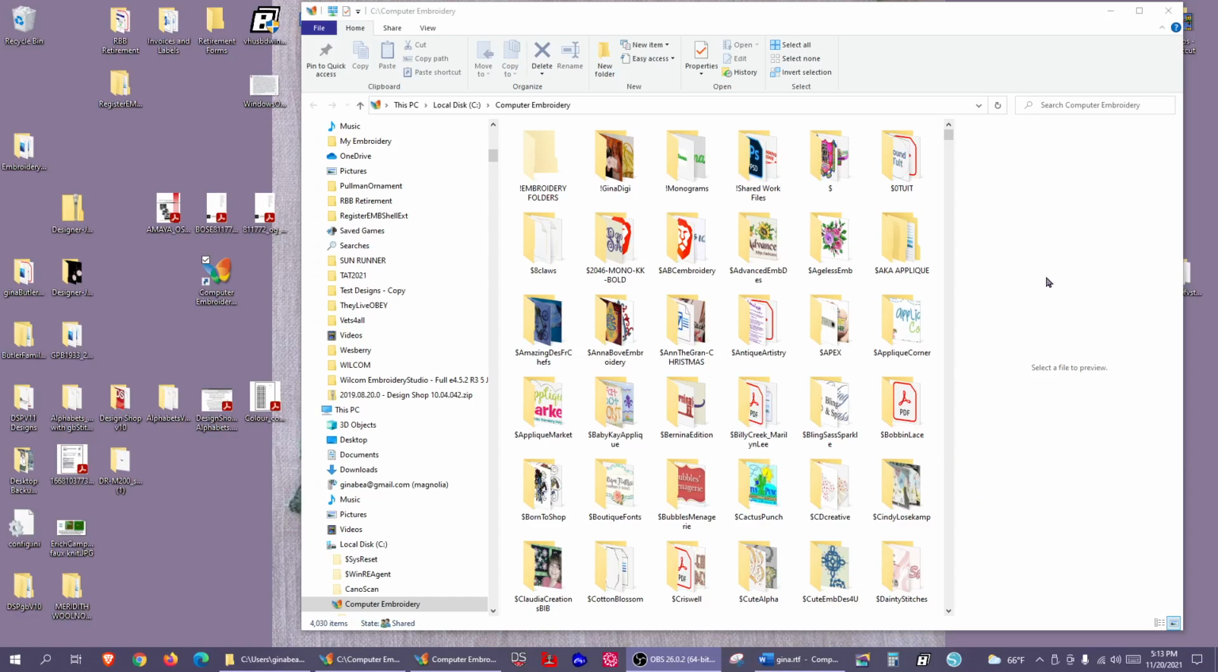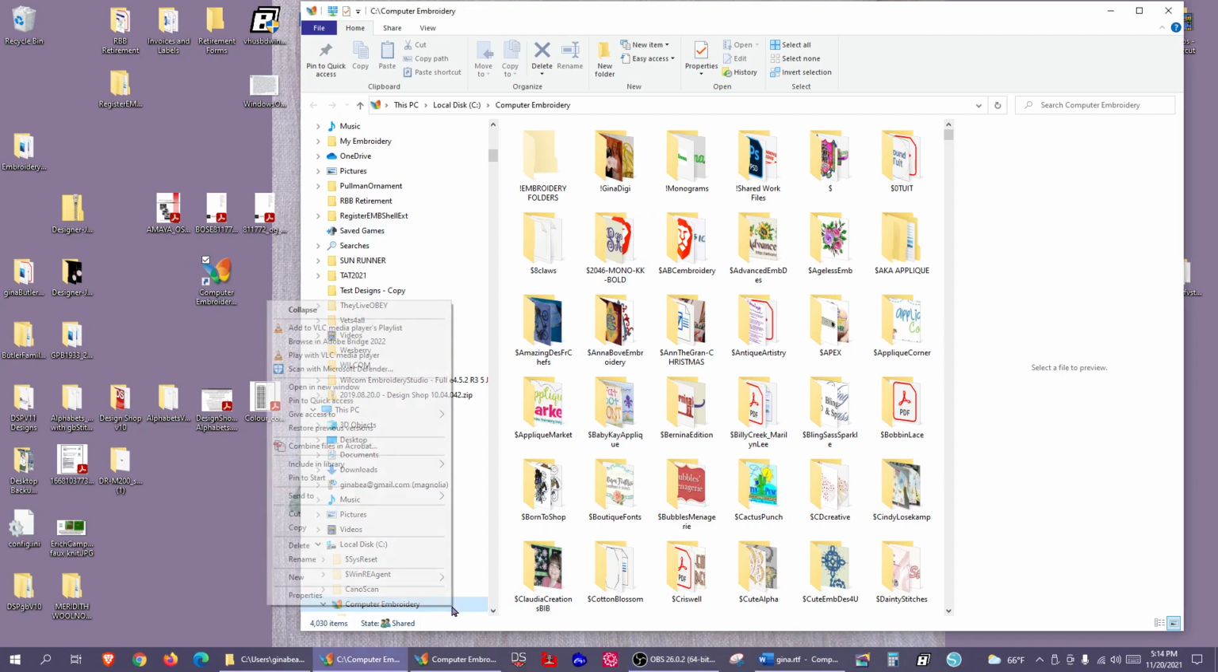Here are some quick tips about how I keep track of where my embroidery files are. For one thing, I've changed the icon of the folder on my computer to something that I can quickly see. That's the Microsoft butterfly. To do that, I'll right-click